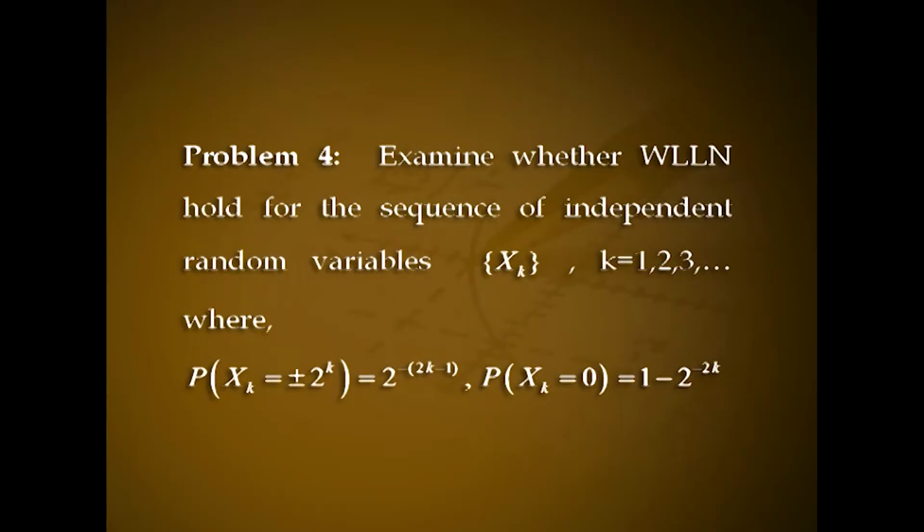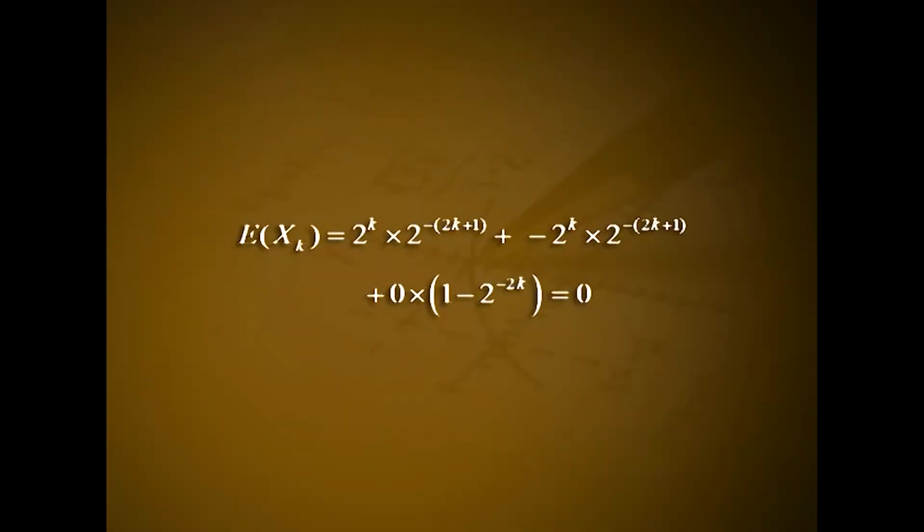Problem 4. Examine whether WLLN holds for the sequence of independent random variables xk where k equal to 1, 2 etc., where probability of xk equal to plus or minus 2 raised to k, that is equal to 2 raised to minus of 2k plus 1, probability of xk equal to 0, that is equal to 1 minus 2 raised to minus 2k. Solution. Here expectation of xk equal to 2 raised to k into 2 raised to minus 2k